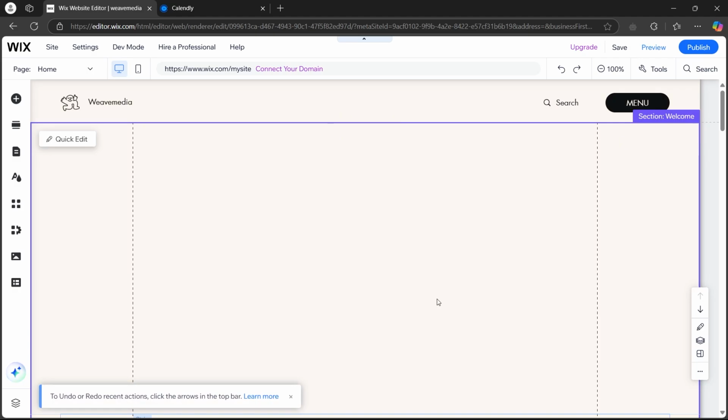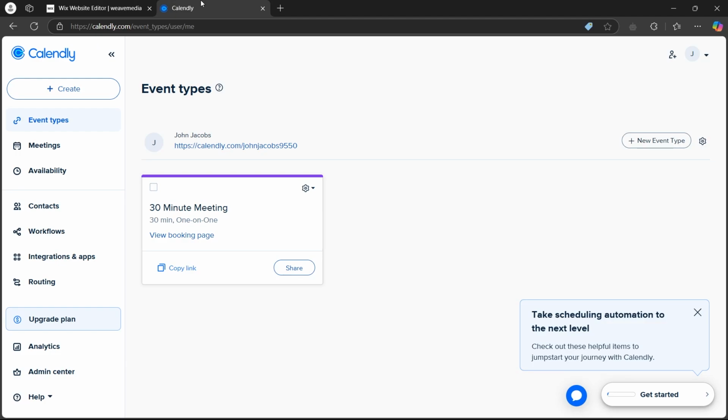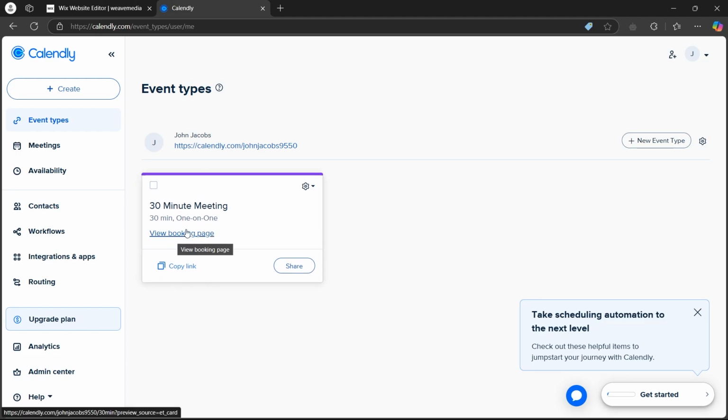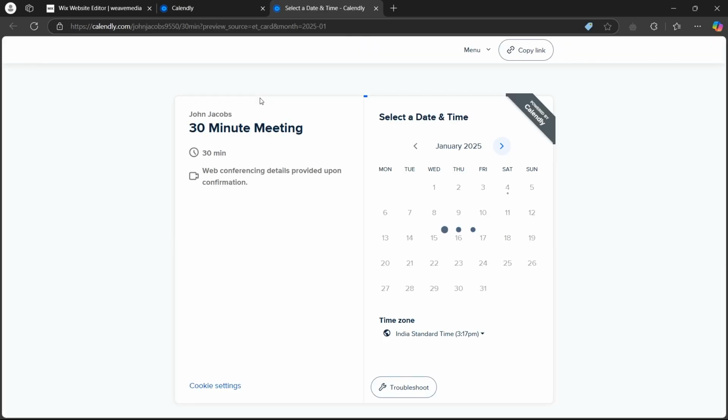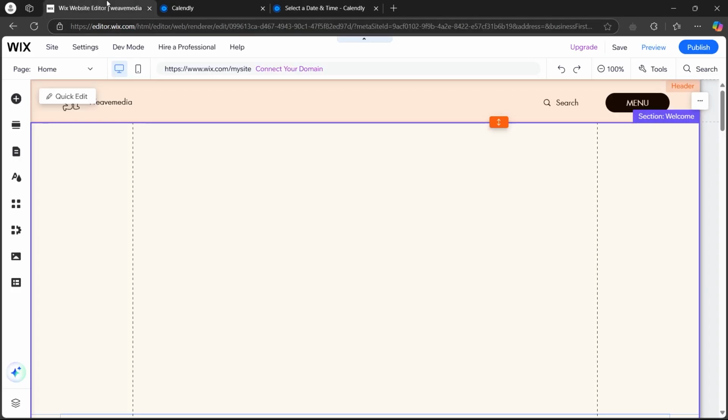If I would want to add Calendly, what I will do is, first of all, simply navigate to calendly.com and make sure I click on the view booking page button under any booking page that I want to add to my Wix website. So I will click on view booking page button. This will open up your Calendly's calendar. Now, you're simply going to click on the copy link button,